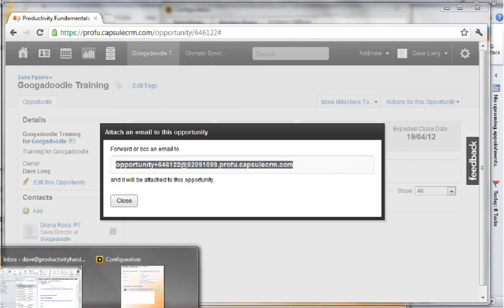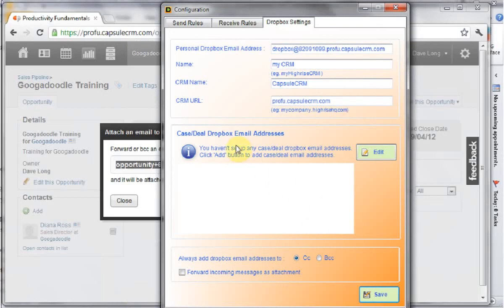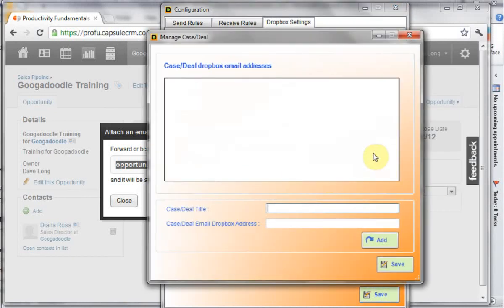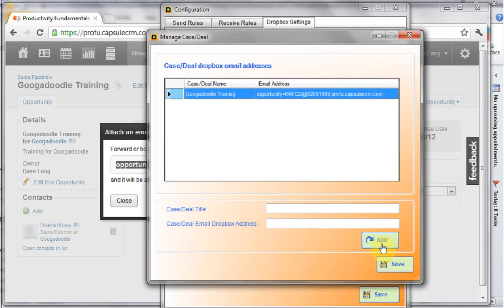And now when we go back into configuration, we've got case deal Dropbox email addresses. If I click on edit, it lets me enter the Dropbox address here, and I can give it a name. In this case it's the Google training. Okay, and if I add that, then it now knows about that opportunity, and we're just going to add one